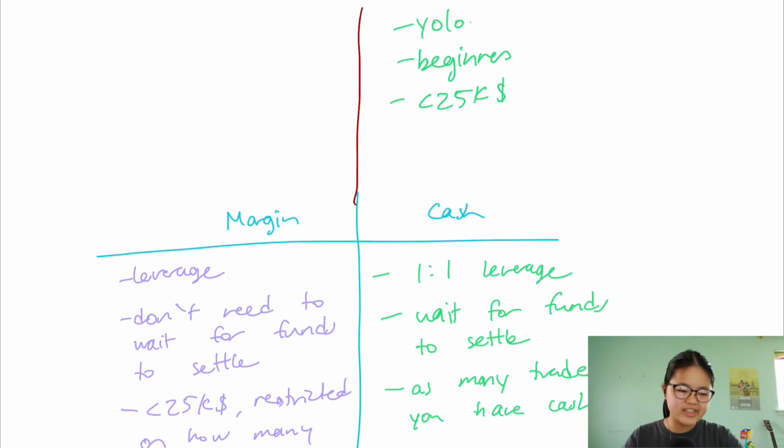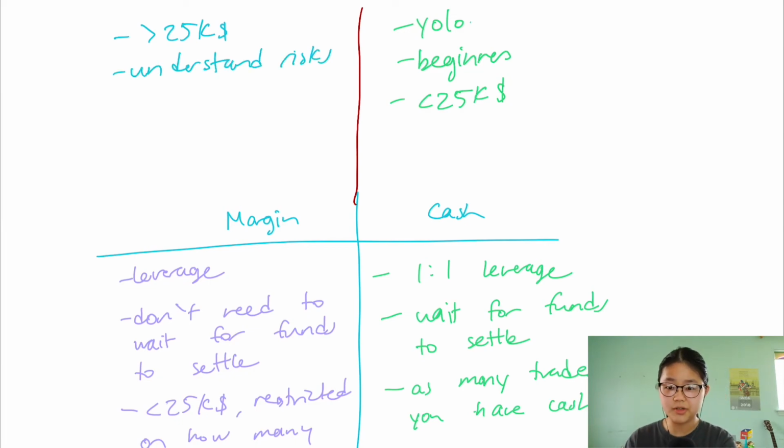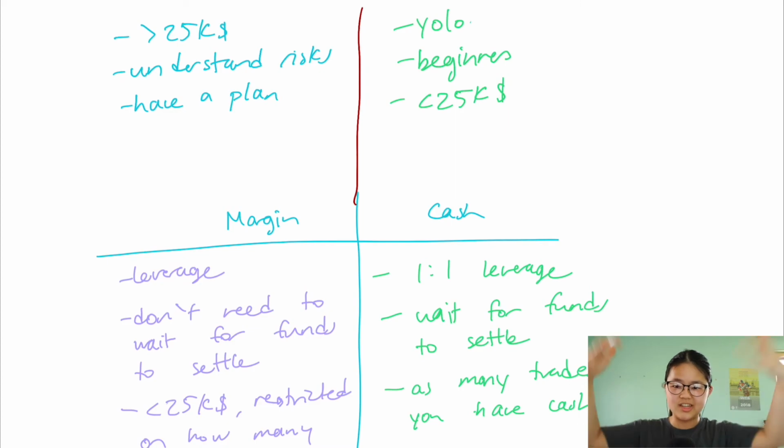Okay, now essentially the group of people that I came up with that should use a margin account is if they meet a few things. Firstly, they have an account greater than $25,000, so they're not subject to the PDT rule. They understand the risks of a margin account, whether it be margin calls, amplified gains, amplified losses, and paying interest on the margin that you borrow. Additionally, these people also should have a plan. So even if you have $50,000 and you understand the risks of margin, but your plan is to just kind of YOLO it, that's not really a plan. So I would not recommend a margin account if you don't have a plan